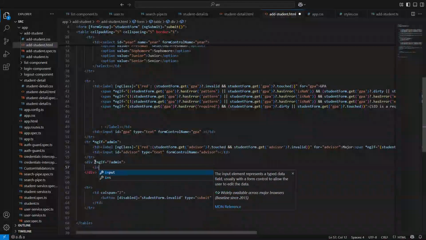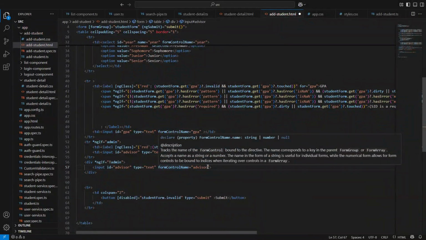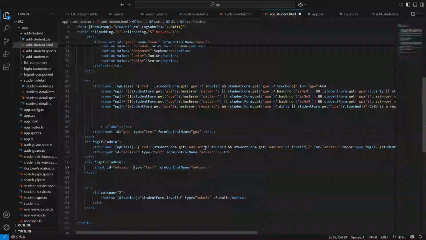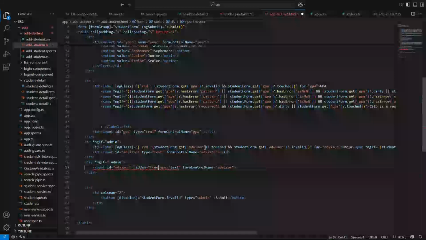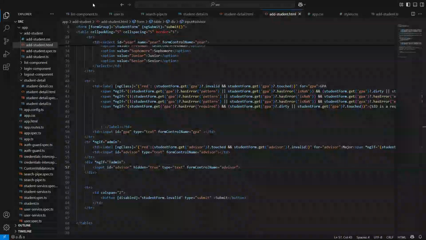Here's what I'm going to do: input ID equals, you know, I'm not sure what the better way to do this is, but I'm going to put it in here. And I'm going to set it to be hidden equals true. So it should be hidden if it's not. I need to figure out how to,